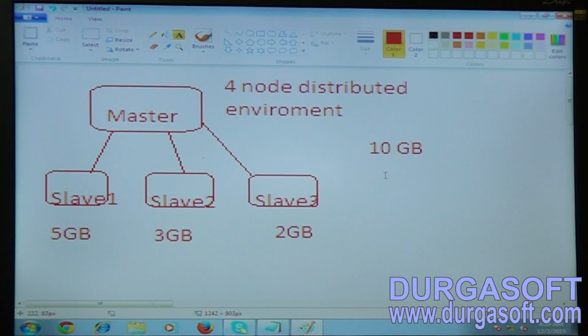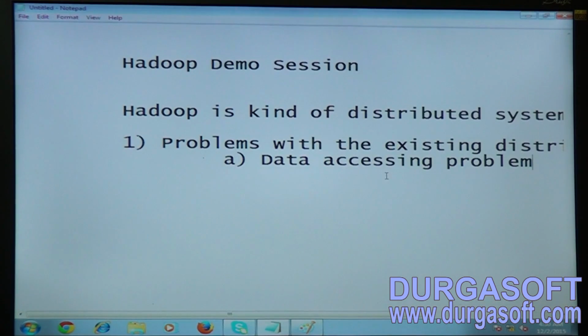So reading multiple terabytes or petabytes of data into the master node main memory obviously causes some data accessing problems or network related issues. So that is the problem with the traditional distributed systems if we choose to process that much big data. The first problem is the data accessing problem. And then the next problem is